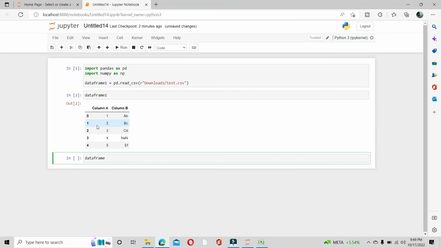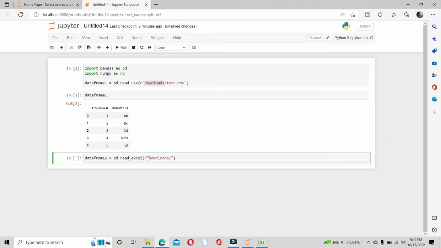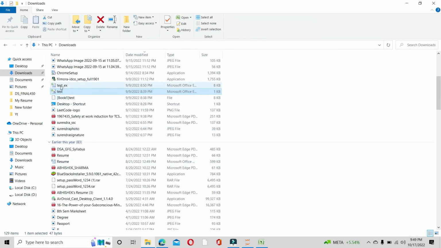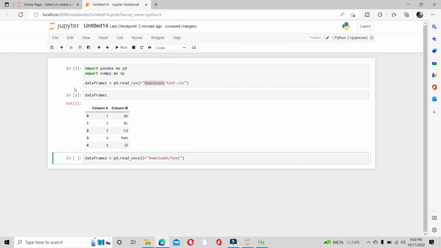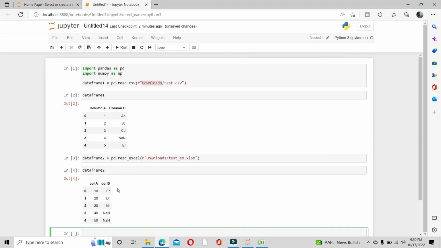Data frame 2 is equal to pd dot read_excel r downloads test. So I have also created one Excel file, like test_x. So test_x dot xlsx. Data frame 2. So you can see this data frame also, like